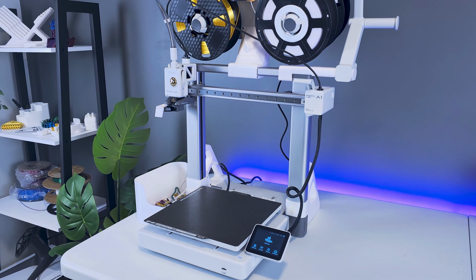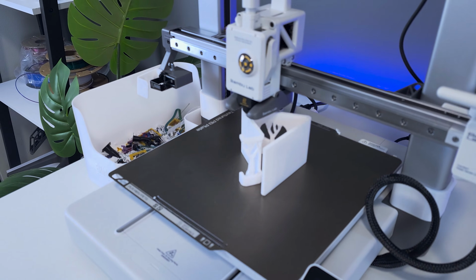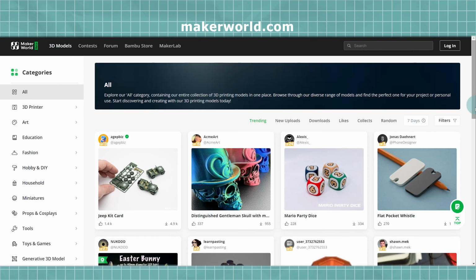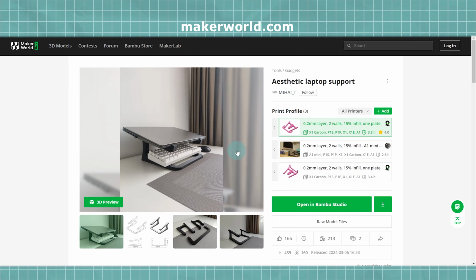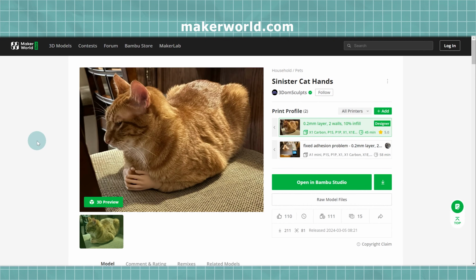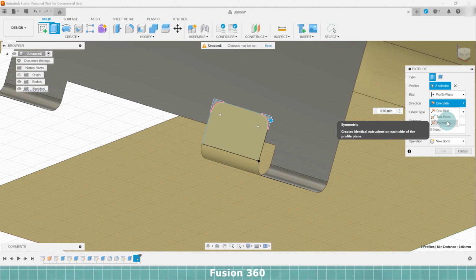3D printing's a lot of fun, and the equipment is now easier to use than ever before, faster, and more affordable. On top of that, there are so many great 3D models available over the internet, a lot of them for free. These are designs that may provide utility, entertain, or just create nostalgic collectible items for you. If you want to take 3D printing a step further though, it may be time to start designing your own